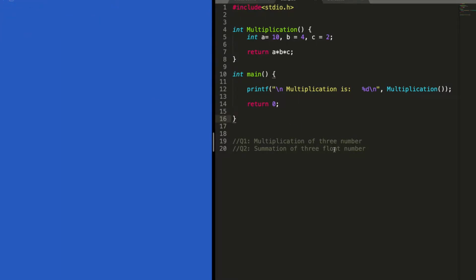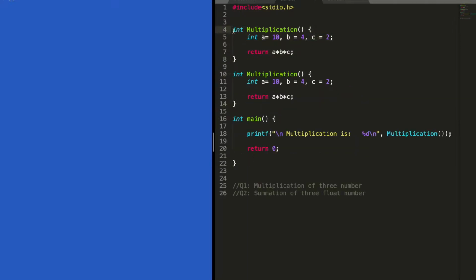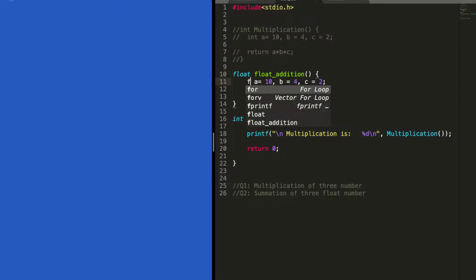Now for the second part, which is a summation of 3 float numbers, I'm just changing this. Let's see, I'll just copy this, paste it here, and I'll just comment it here. Now I'm going to change it to float. It goes to float addition. Now I'm going to declare three float variables. Let's see, 2.5, 1.2, and let's say